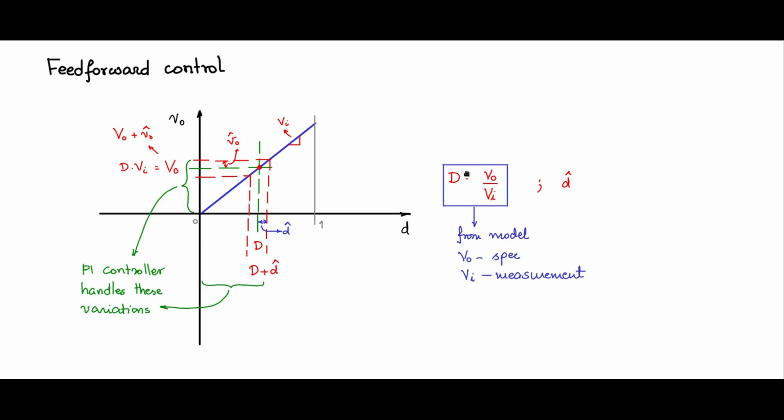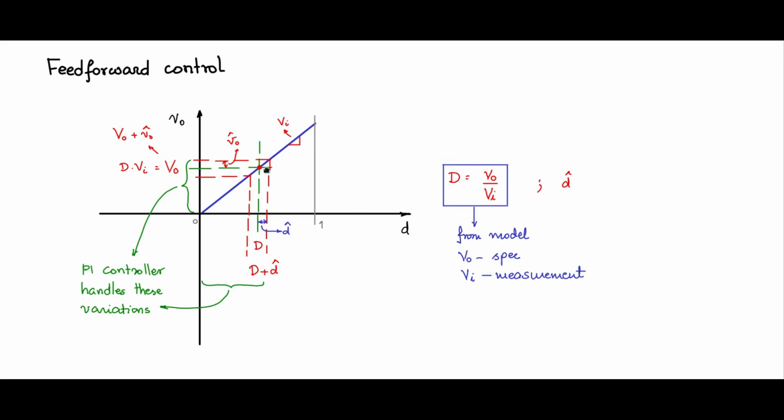So this is the nominal operating point, or the steady state operating point, that the system should be at for that measured Vi and specified V0. So this information is available to me. Let me use that information, which the PI controller was not using before. So you use this information and set the operating point at this.